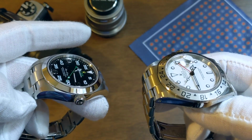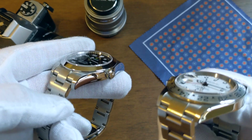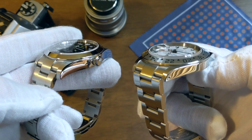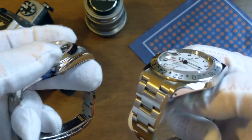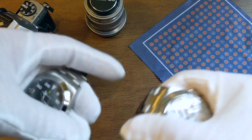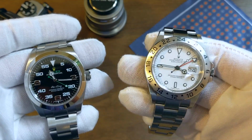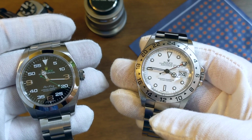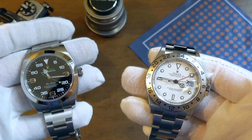There's no question that they come from the same family, right? At first glance, look at those end links. Nearly identical between the two of them, and that design of the oyster bracelet, of course, not changing much. But the difference on wrist is dramatic. This is a substantial watch. This is a much thinner, vintage feeling watch without having to go way back to like a 34 Air King